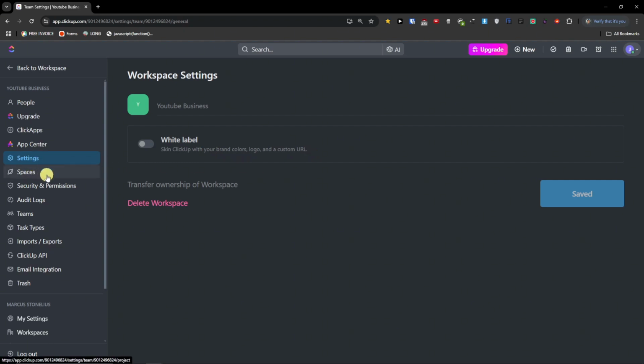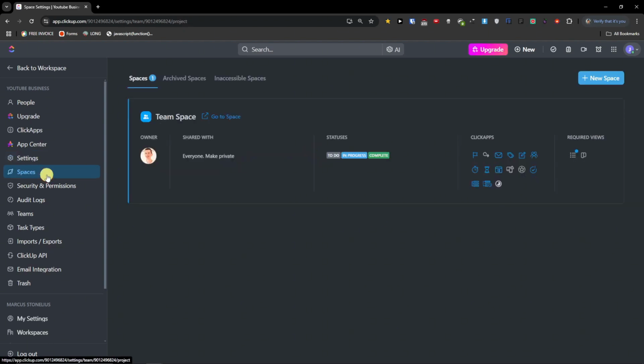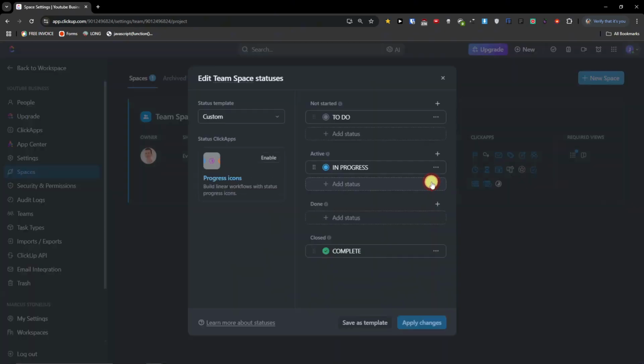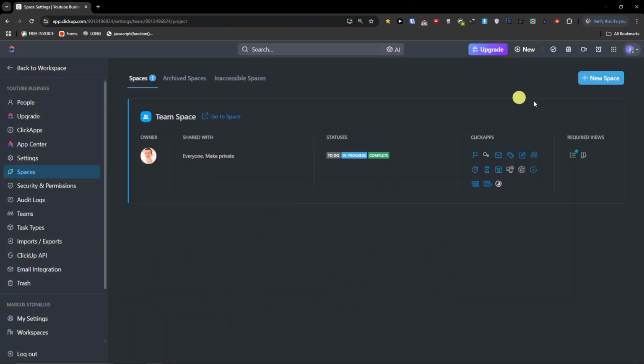Under settings, you are going to find the option to have spaces. So here in spaces, and I'm going to get soon to hierarchy. By the way, the spaces are directly under the workspace, where you can create a new space here, or we are going to create a space directly on our dashboard, so we don't have to do it through here. But if you want to, you can delete the space, archive the space, and you can manage